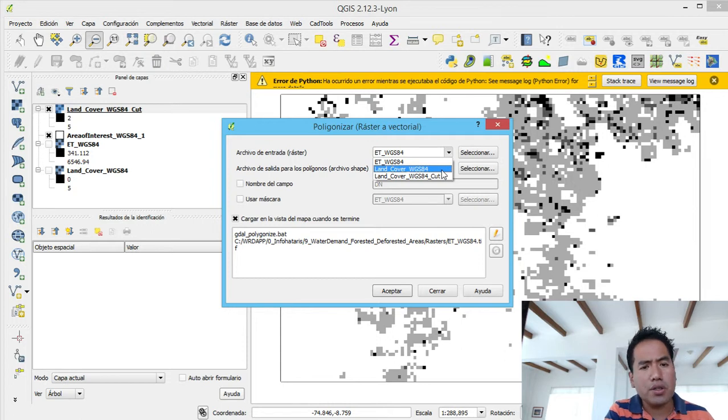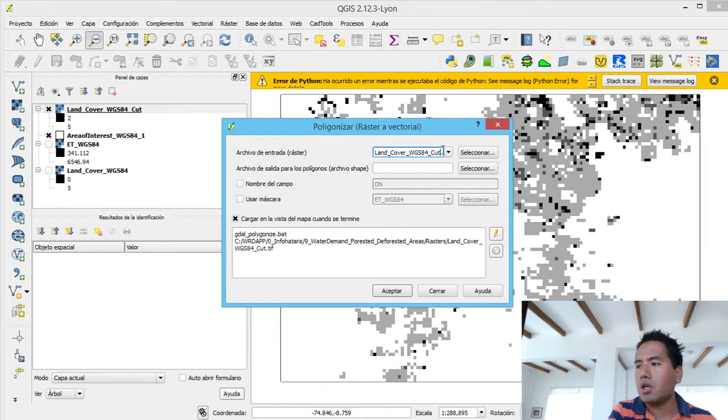It's very important to remember which raster you are working with, because otherwise you will be selecting another raster, like maybe evapotranspiration, and we don't want the polygons of evapotranspiration, we want the polygons of land cover cut. And the shapefile, this will be